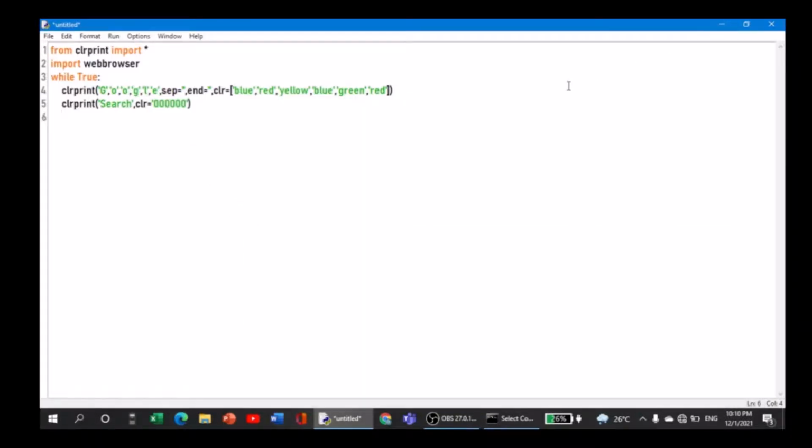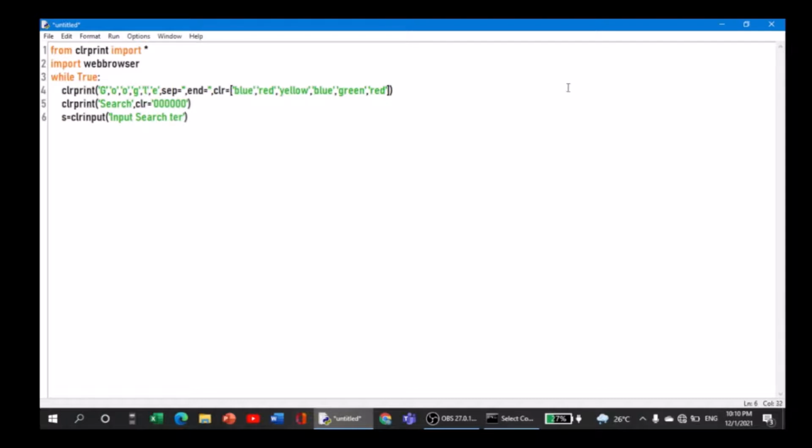So after this I'm going to give the input line, and that is going to be a color input. So what is a color input? Color input is nothing but it asks the input with a color, with a colorful look. So I'm going to put input search terms. I'm going to ask the user to input whatever he wants to search.